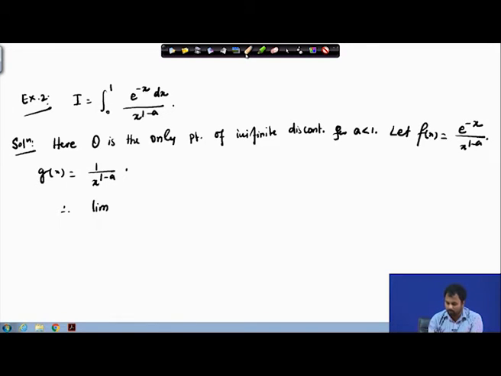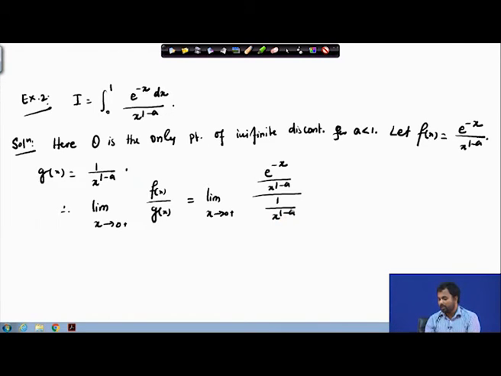So, let us write x goes to 0 positive, f x by g x, then this is basically limit x goes to 0 positive, f x is our e to the power minus x divided by x to the power 1 minus a divided by 1 by x to the power 1 minus a. So, this whole thing will reduce to limit x goes to 0 positive e to the power minus x, which